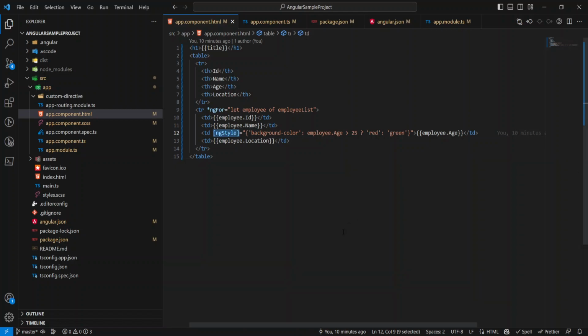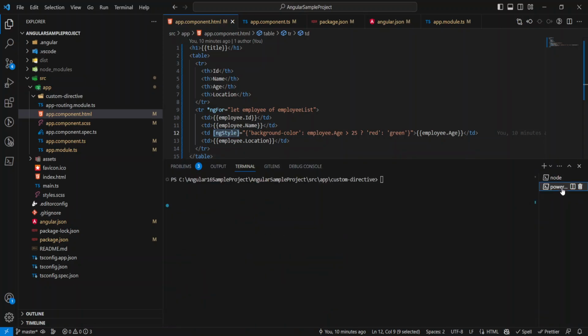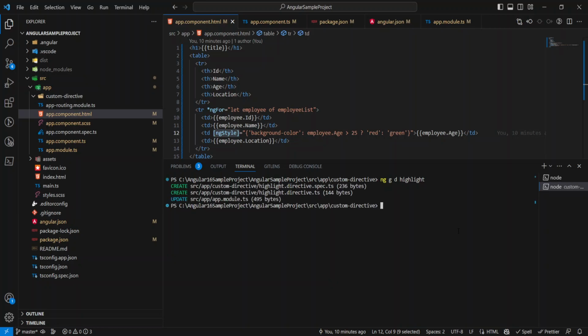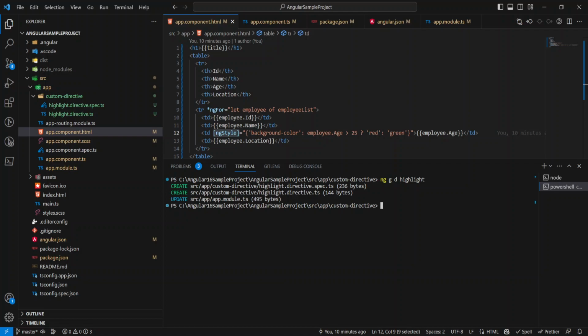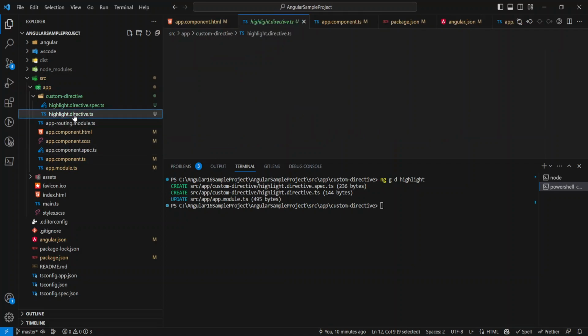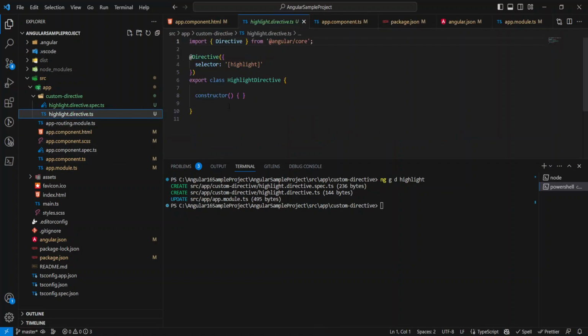So let's create our first custom attribute directive. For this I have a custom directive folder. Here I will run ng g d, G for generate, D for directive, and put the directive name, highlight. So Angular CLI generates the highlight directive file. I will go to that directive file,